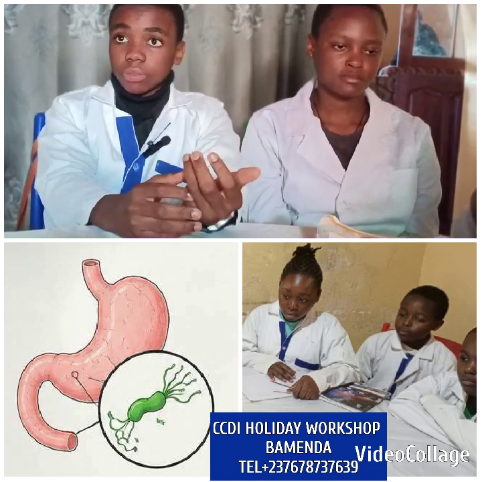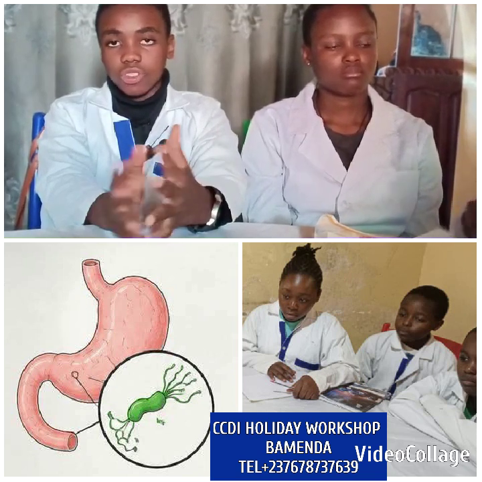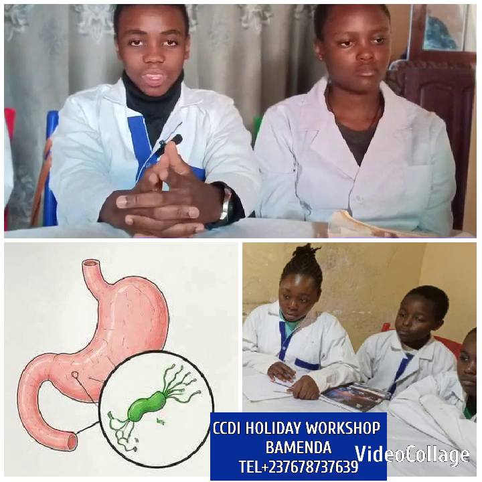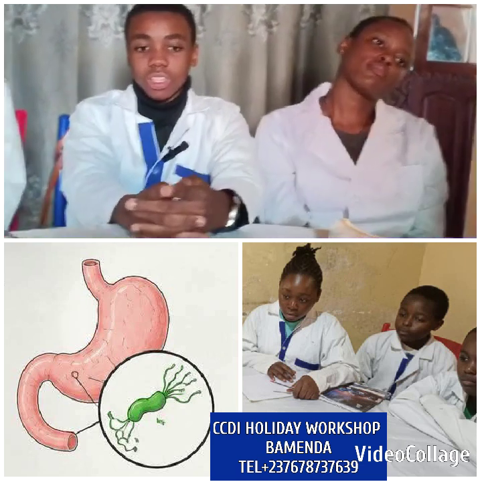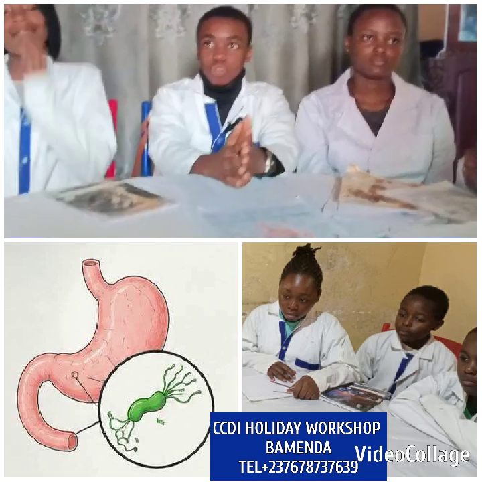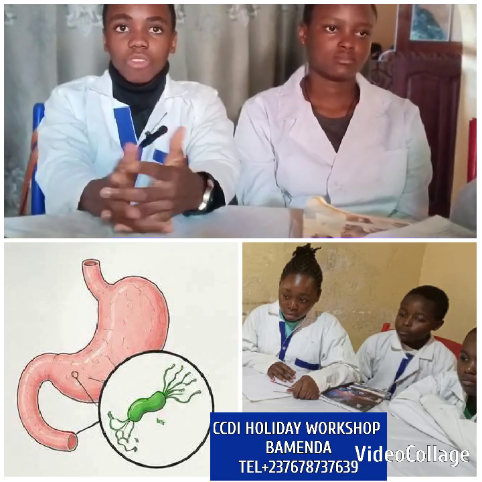H. pylori can be cured through two main treatments. We have the triple therapy and the quadruple therapy. For the triple therapy in H. pylori, we use the proton pump inhibitor, we use clarithromycin, we use amoxicillin or metronidazole, and we have the bismuth